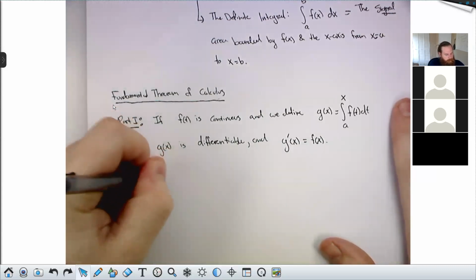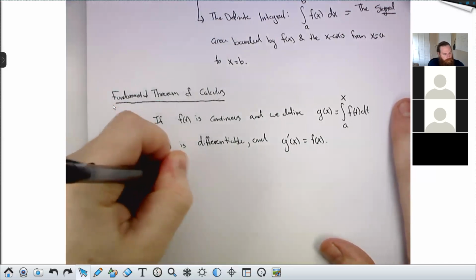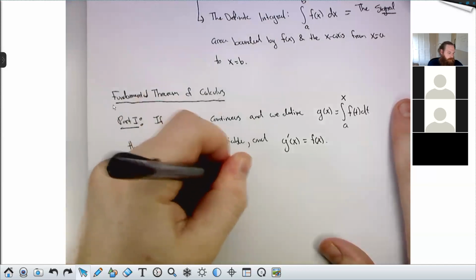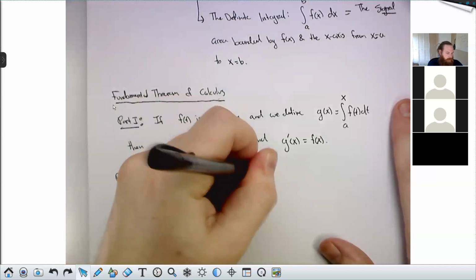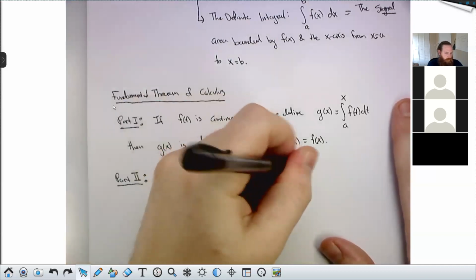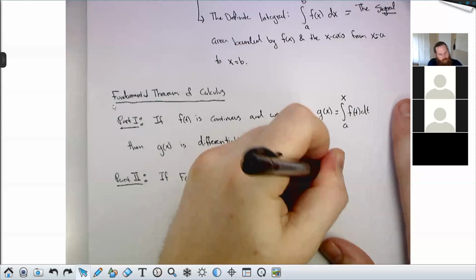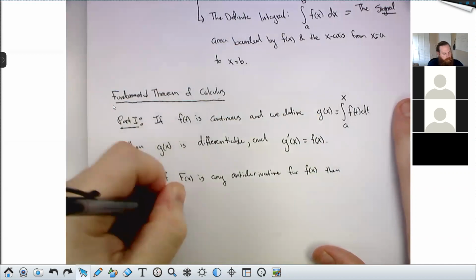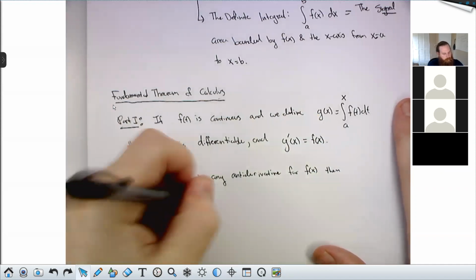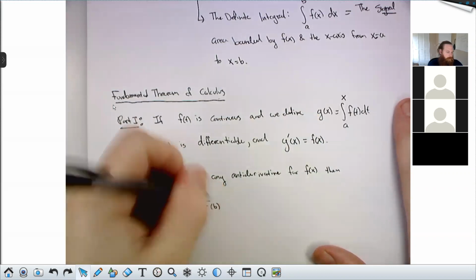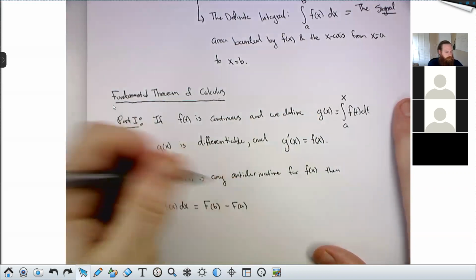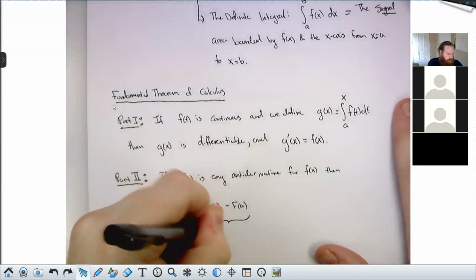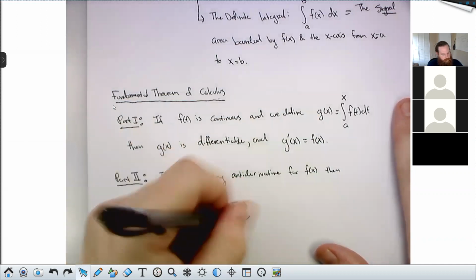And this just says if big F is any antiderivative for little f, then the integral from a to b of little f dx is equal to capital F of b minus capital F of a. And in practice, we often write this, at least at first,